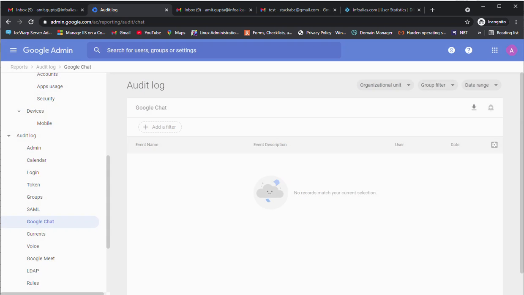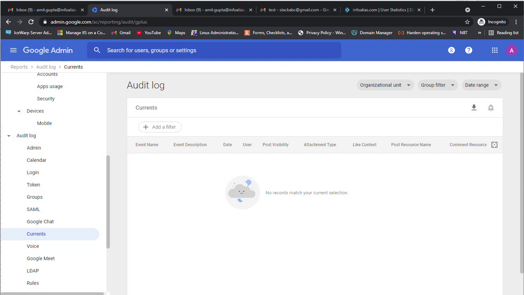Next is the Google Chat, and in the Google Chat, here you can see the event descriptions only. You cannot see the chat or photos or emails of other accounts on your Google admin panel. So this is only used for auditing purposes. Next is the currents.